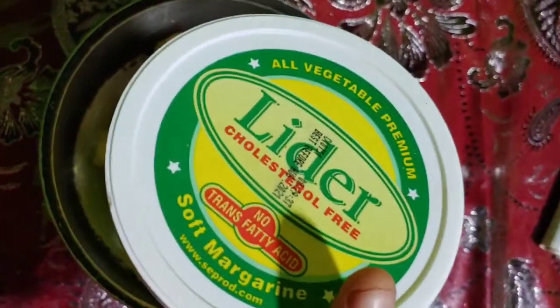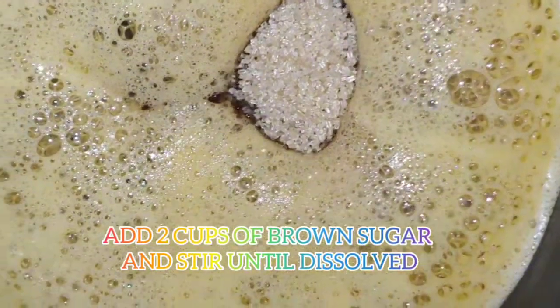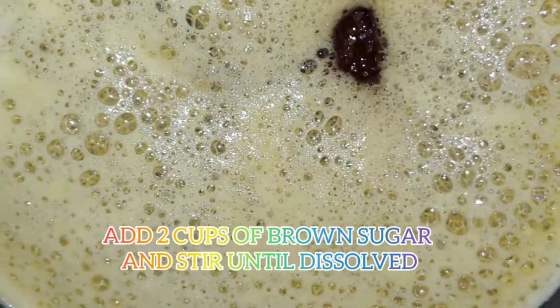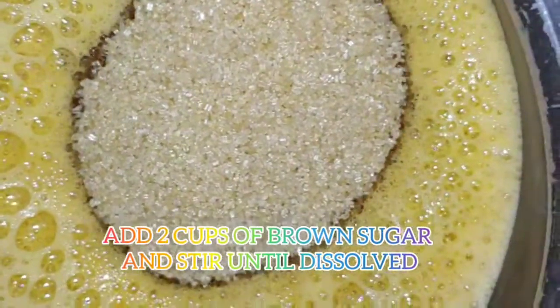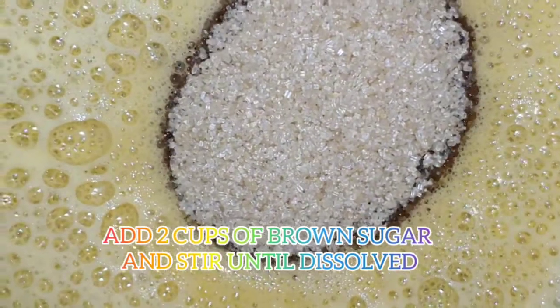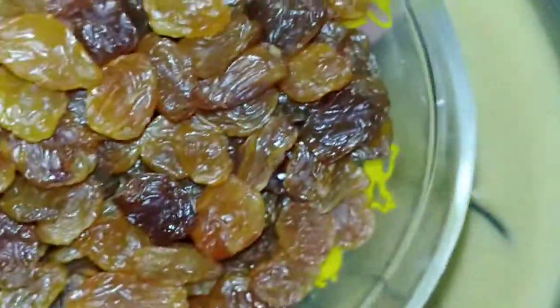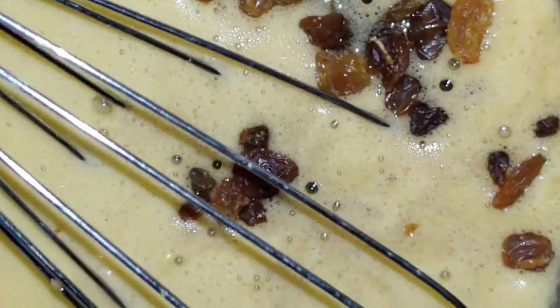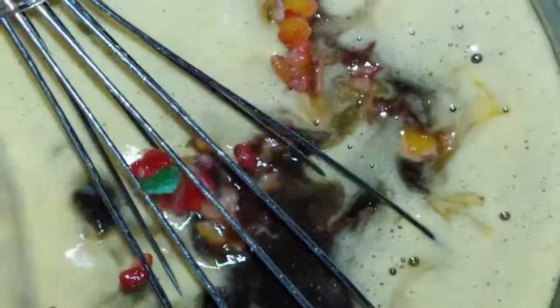In my pot I have 2 tablespoons of butter. You want to melt it on low flame, then add 1 bottle of Dragon Stout, 2 cups of sugar, one cup of raisins, half cup of mixed peel,